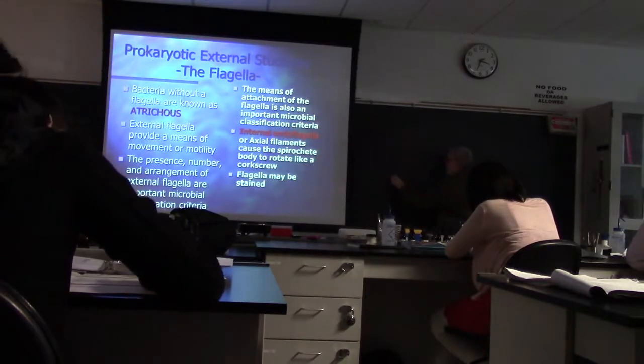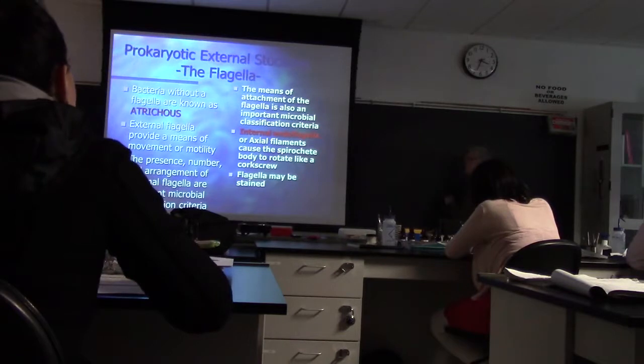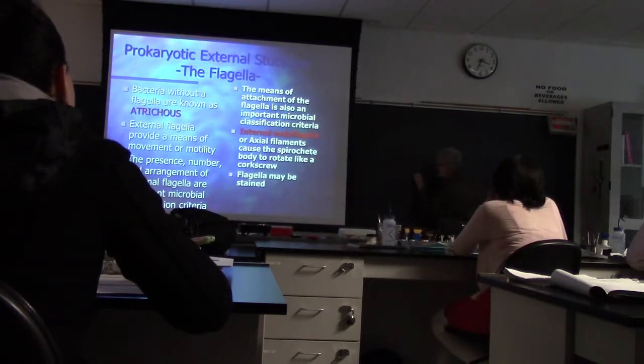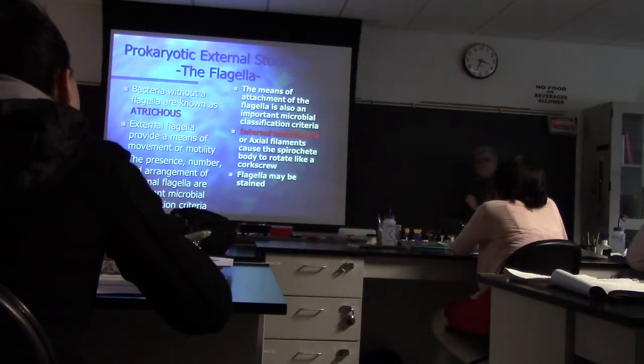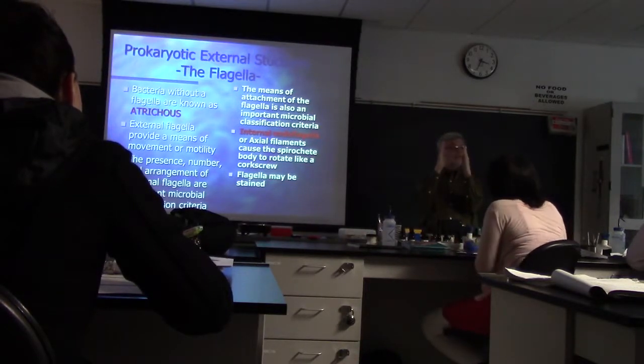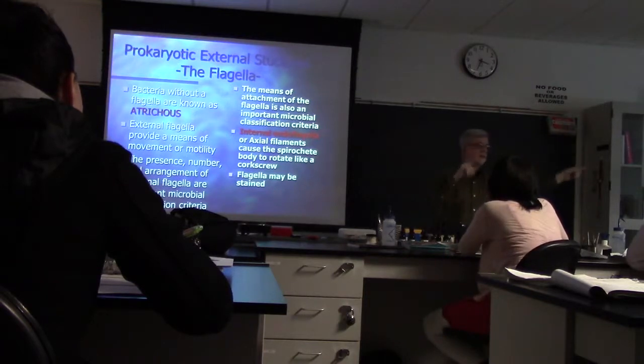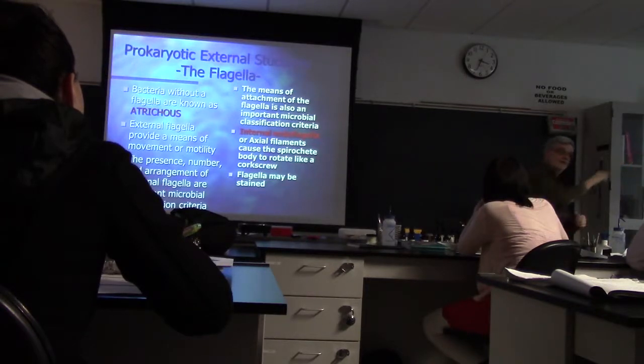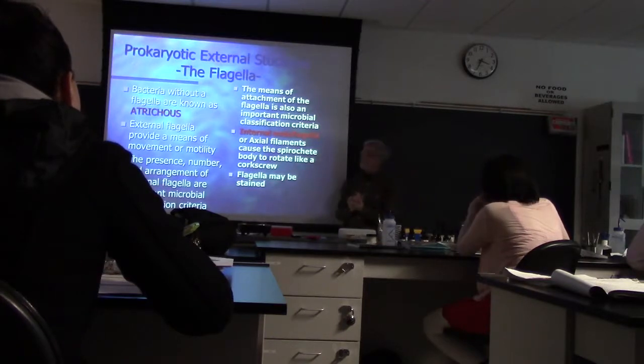Remember, a spirochete is shaped like a corkscrew, but it has an internal flagella connected at both ends. And what it does is it's just like a spring or a slinky. Push it together, and then suddenly let it loose, it'll go through the liquid in a spiral pattern. And then it will contract and let loose and go through again. So it's motile by an internal flagella called an